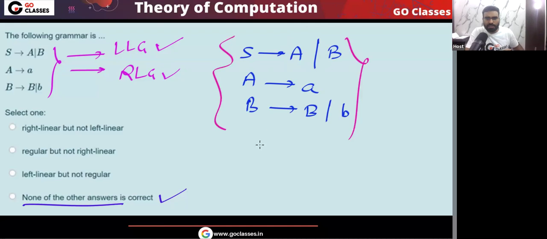So remember this grammar is basically a regular grammar. This is LLG also, this is RLG also. Is this clear? A student is asking,